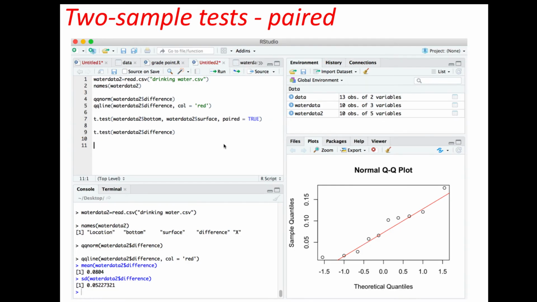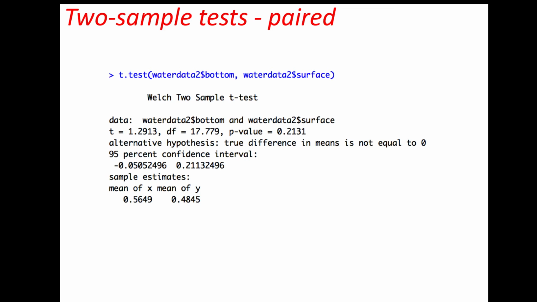Here it is again, on this slide, the two different ways that you can run the paired t-test. Now the question is, what if we accidentally run a two-sample t-test, treating the samples as independent because we didn't recognize them as paired? So what if we ran the script that looks like this, of what we did last week, where we're running a two-sample t-test. So t-test, and then you have your two samples here, bottom and surface, but you forget or didn't realize that these were paired samples,